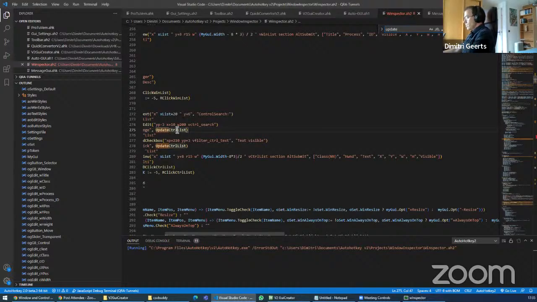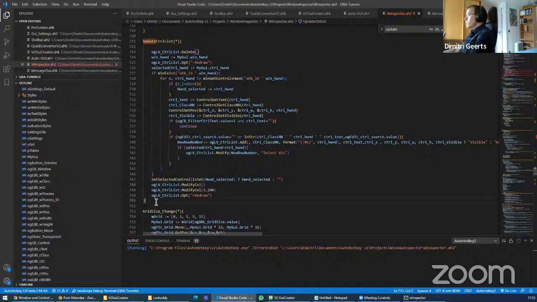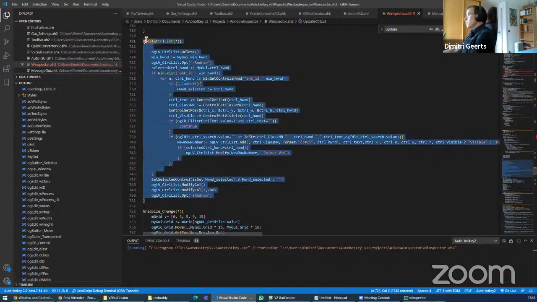Here. The trick is to create a function that updates the list view. And of course you need to have some data that is normally present by default in that list view. And then you just loop over every